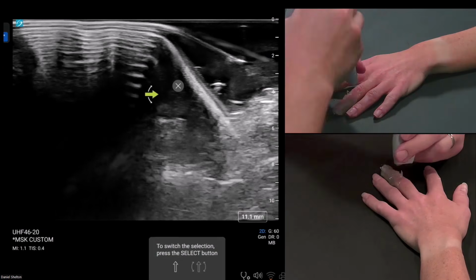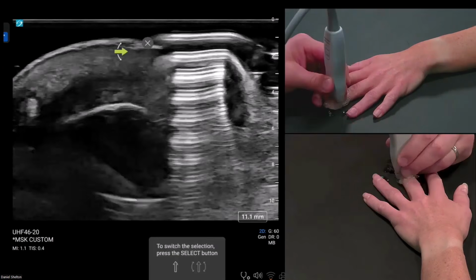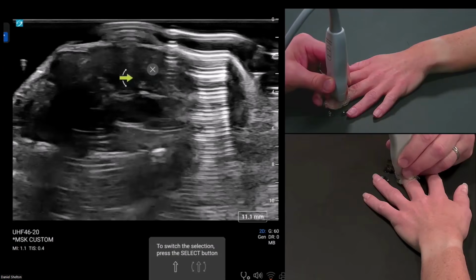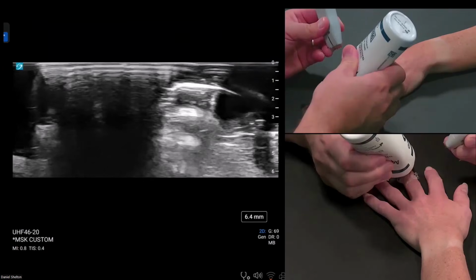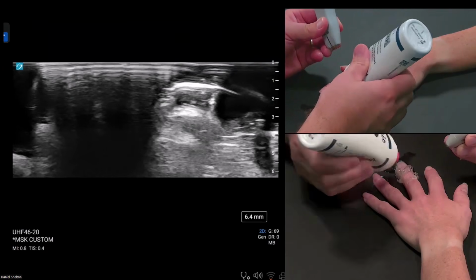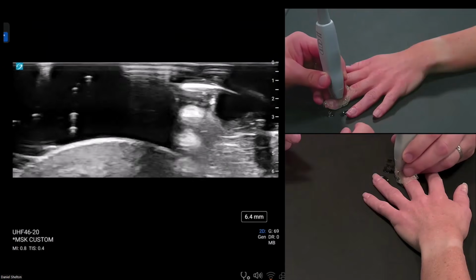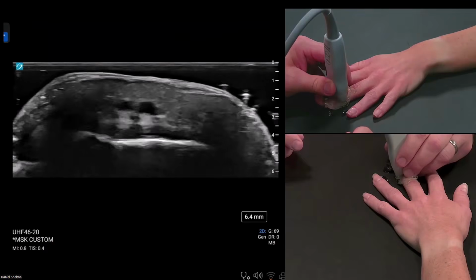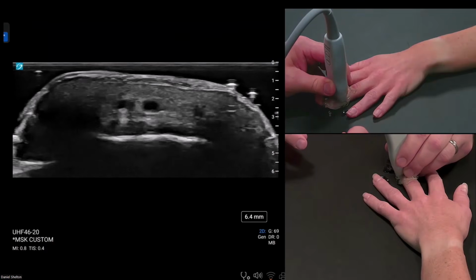Let me go short axis, so the left side of the screen will be radial. Here's the skin. So we have that nail root following it down, and then here's that DIP joint. I'll put a bead of gel just across the DIP level so we can see that triangular ligament. So DIP, there you go. There's that face I was talking about. I find that in just about everybody.